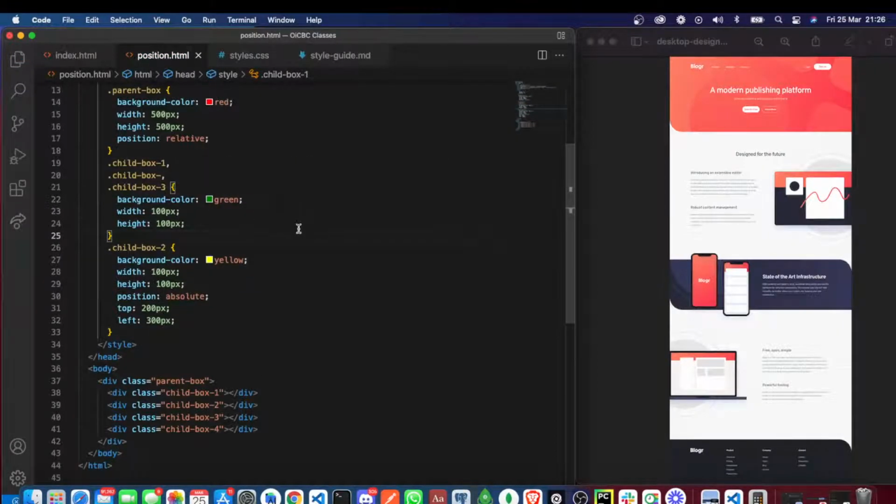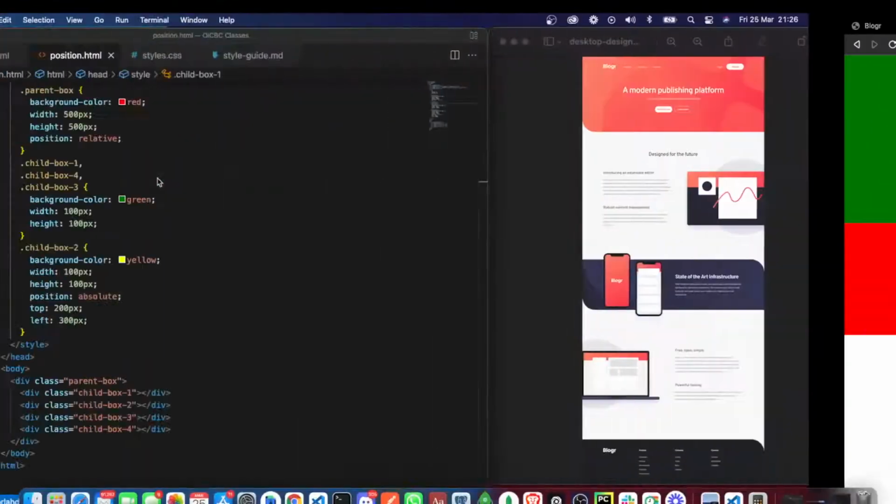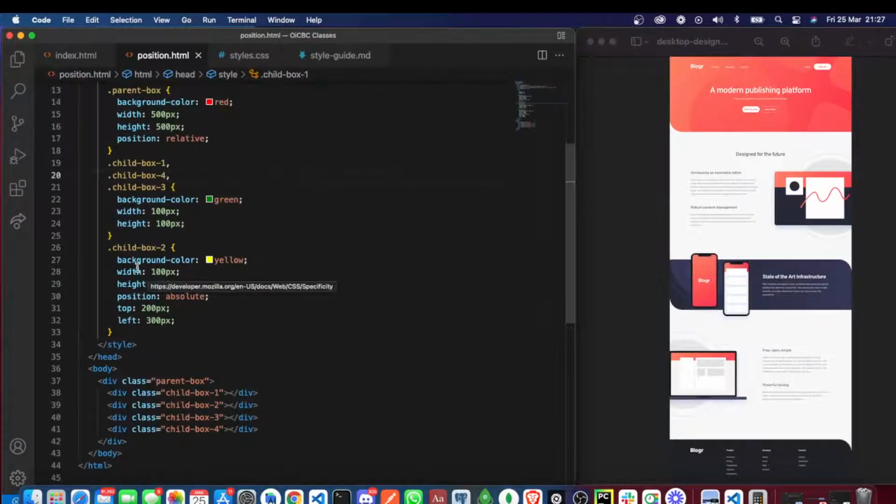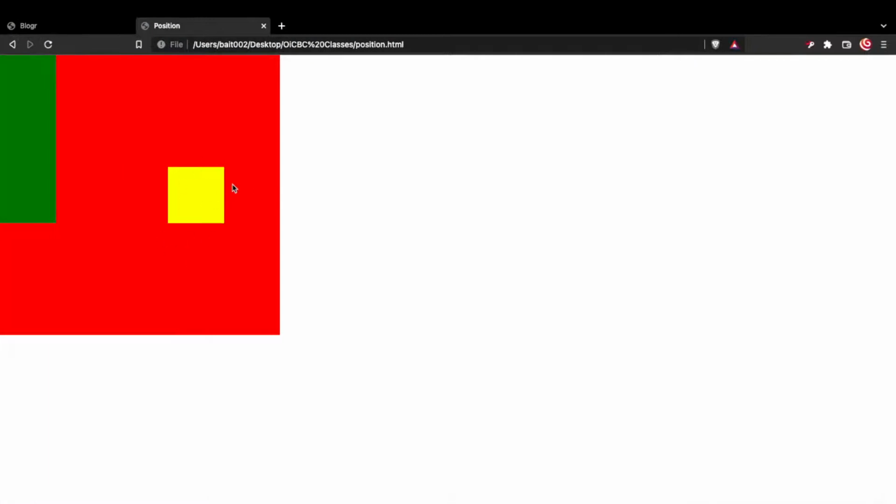So saving it now. We skipped 2 up here. Chatbox 4 rather. Let's do 4. So we are doing 4, 3, and 1 here. We are giving it this same green color. So when we save this and go, you will see that 1, 3, and 4 are displayed just the way they should be displayed. But 2 kind of just defies that order,